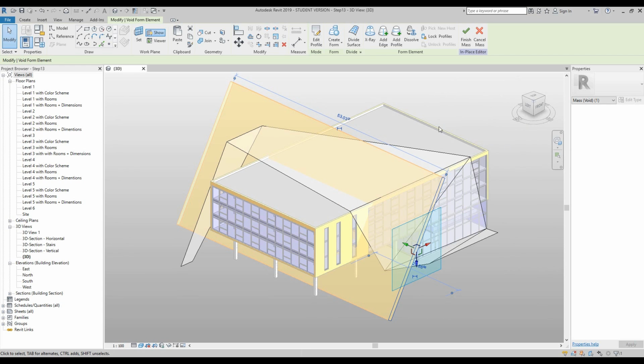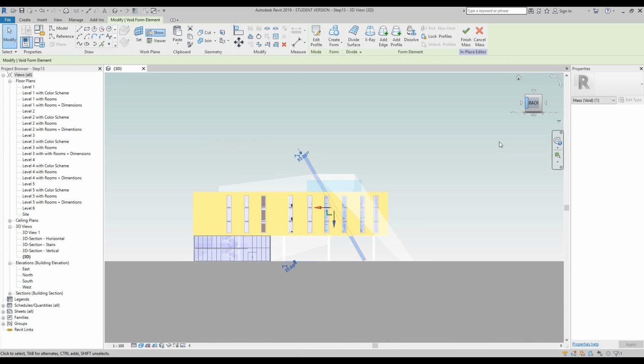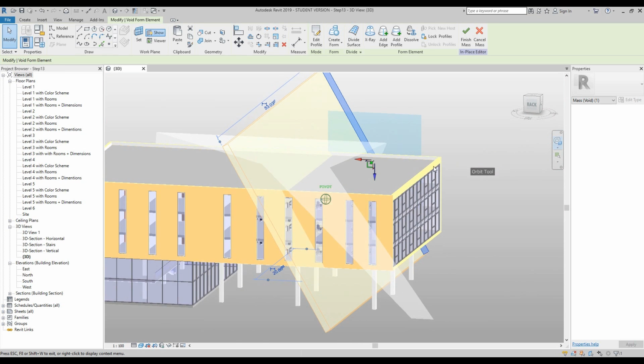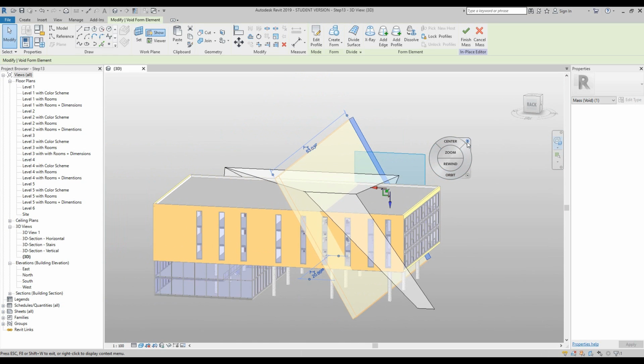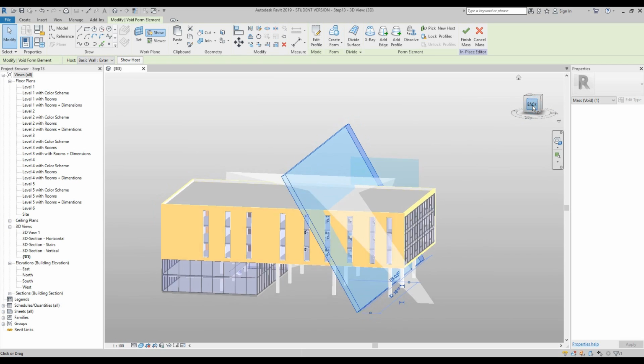Now from here I want you to rotate the view. So on your view cube I want you to press the top left hand corner on the left side of the view cube, and then the back face of the view cube. Now our aim is to actually cut this very thin slice. So if we rotate just a little bit to make sure that we get all sides selected, hover over one face and press tab once to select all sides of this mesh,